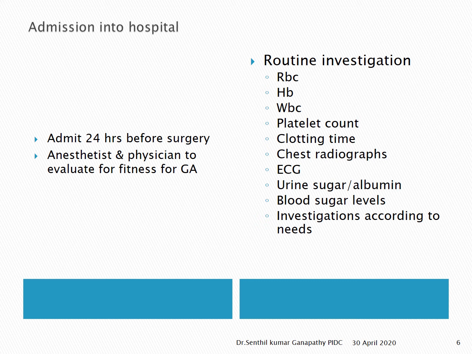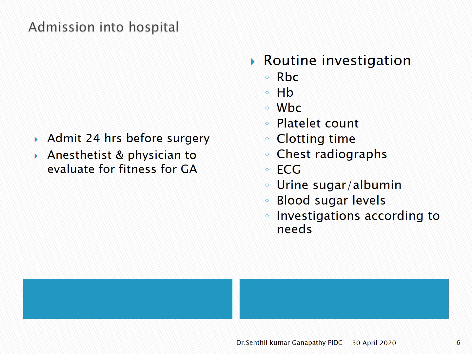So the anesthetist will do this assessment. He requires certain basic investigations to assess the systemic health of the patient and fitness of the patient for the surgery. And I am sure you must be aware of the ASA classifications, ASA 1, 2, 3, 4, etc. So now, what are the routine investigations that normally an anesthetist will ask for?